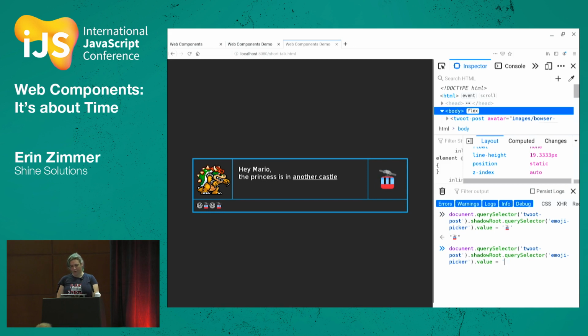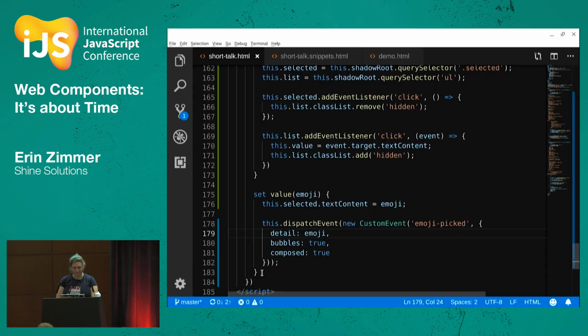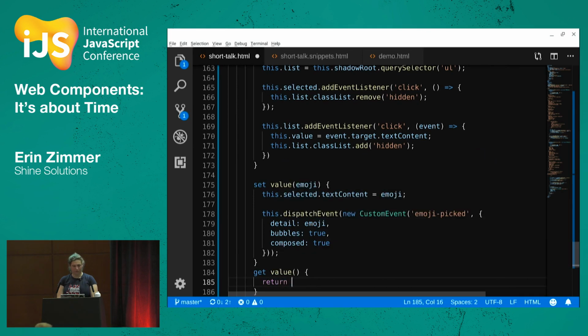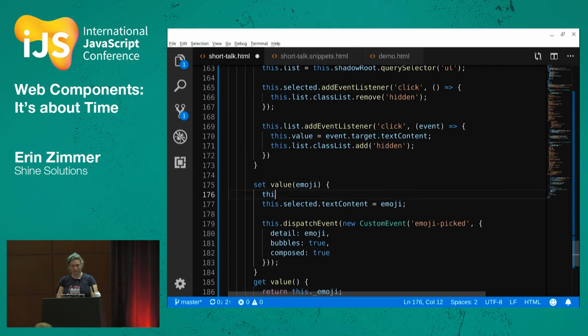Unfortunately, now we've broken this. We can't read it back. That's because if you have a setter, then you need a getter to be able to read it. So we can get value, and then we need to return, like, we need to store it in a fake private